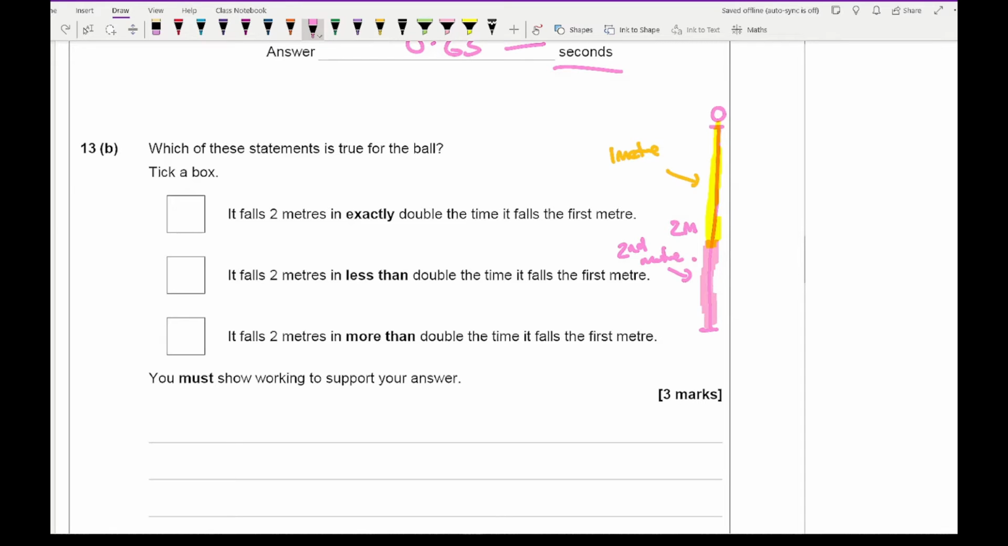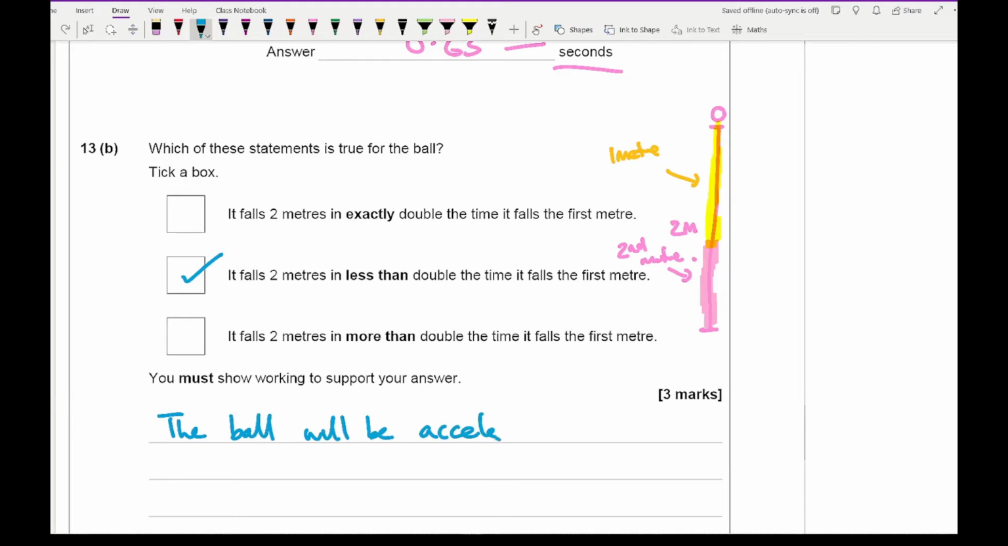Now what the question is asking is, is it a constant speed? So is the speed that it's going to be falling in the first bit going to be the same as the speed falling in the second one, or in its entirety? So is the total speed going to be faster or smaller than the yellow or the pink? So for this, it's actually going to be less than double, and the reason for that is that the ball will be